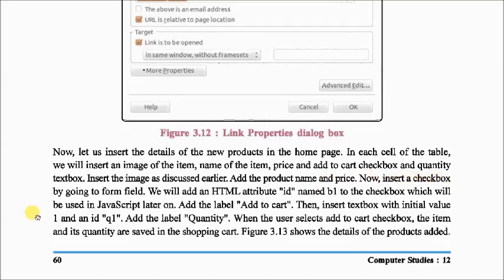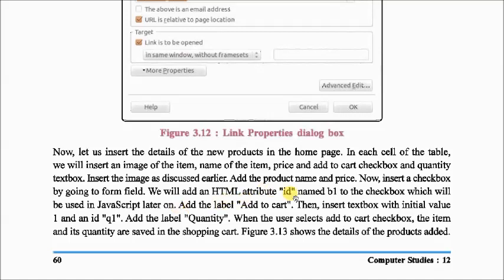Now insert the checkbox by going to Form Field. We will add the HTML attribute ID and name b1 to the checkbox, which will be used in JavaScript later on.